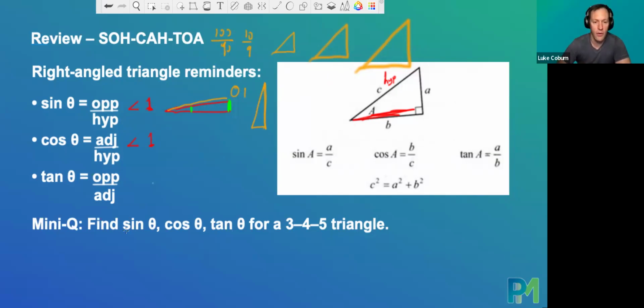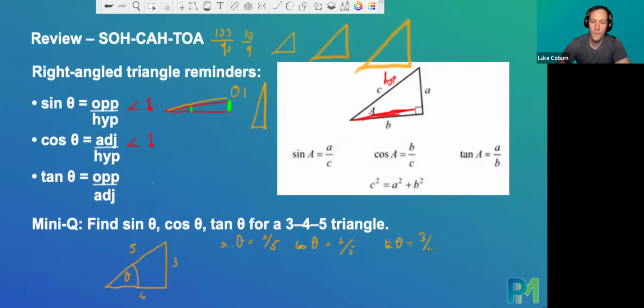Now we want to find sine, cos, and tan for this angle theta in a 3, 4, 5 triangle. So let's draw a triangle, and let's say that's our theta, and this is our 3, this is our 4, and this is our 5. Then, using SOH-CAH-TOA, sine of theta is equal to 3 over 5, cos of theta is equal to 4 over 5, and tan of theta is equal to